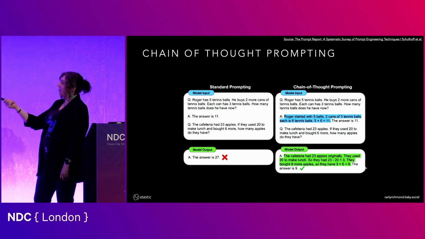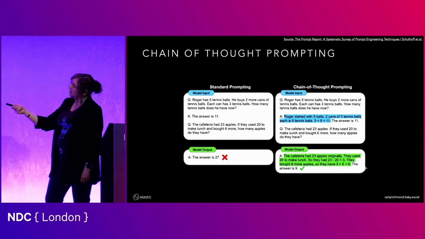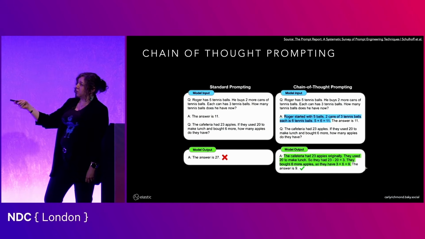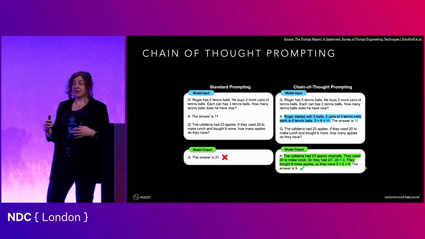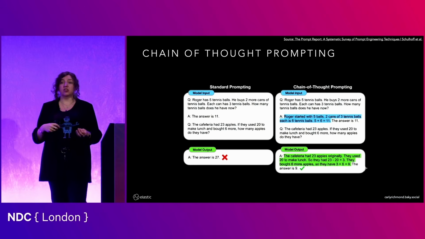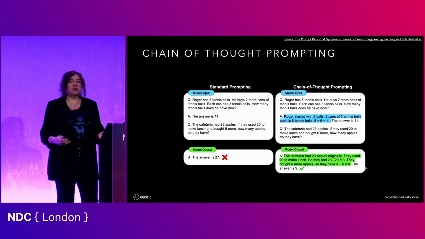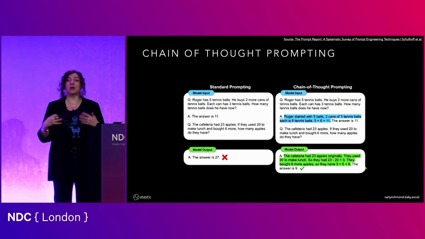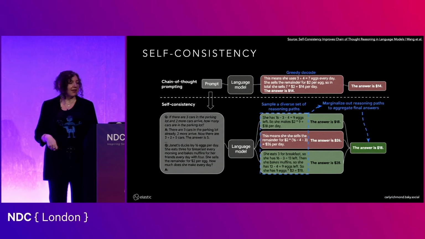So as you can see from the example I've got up there at the top, compared to this on the left, where I just say the answer is 11 and that's it, we've actually outlined the logic as to why the answer is 11. And then what's happened is with the next question that it's answering, it actually went and used similar logic in order to get the correct answer. So if you are utilizing reasoning tasks, it's worth trying to structure your prompts in this particular way and provide logic examples to help it understand, because otherwise it might get the wrong answer. And that can be really embarrassing. But as I said, there are ways to extend that.